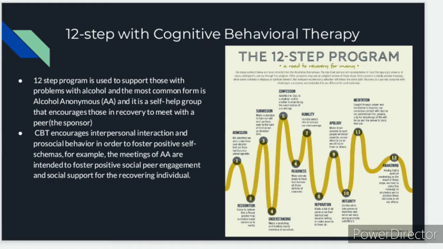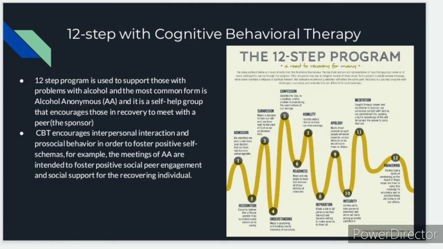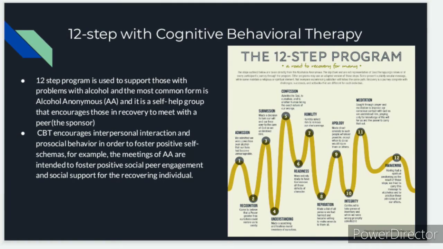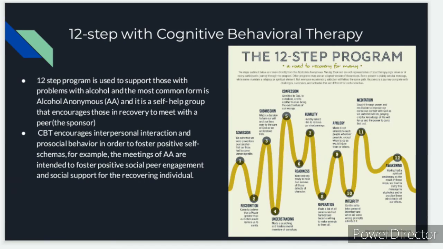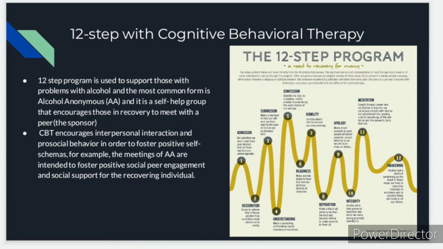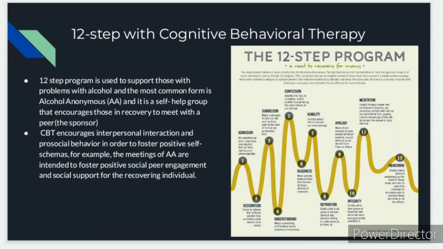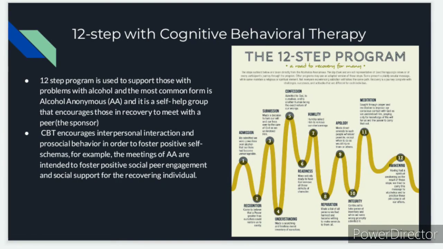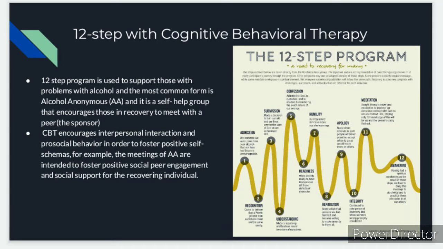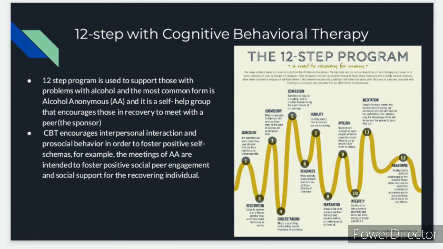12 Steps with Cognitive Behavioral Therapy. The 12-step program is used to support those with problems with alcohol, and the most common form is Alcoholics Anonymous, AA. It is a self-help group that encourages those in recovery to meet with a peer, the sponsor. CBT encourages interpersonal interaction and prosocial behavior in order to foster positive self-schemas. For example, the meetings of AA are intended to foster positive social peer engagement and social support for the recovering